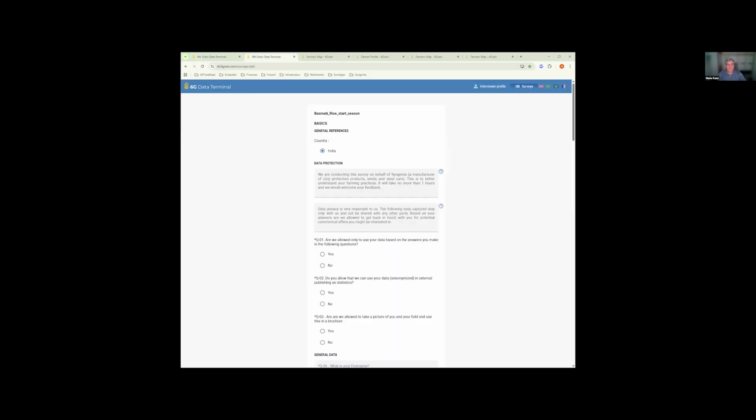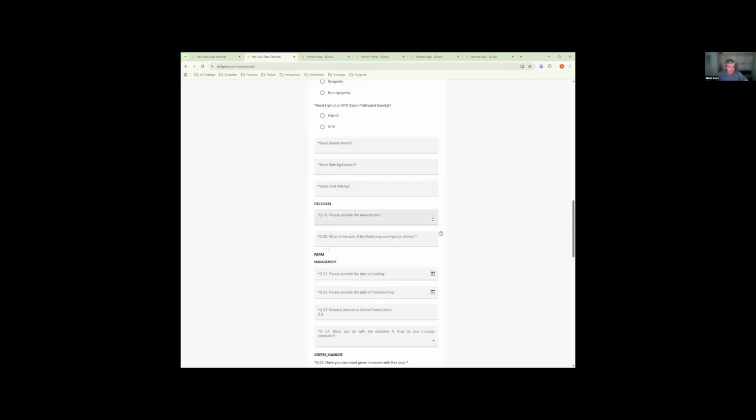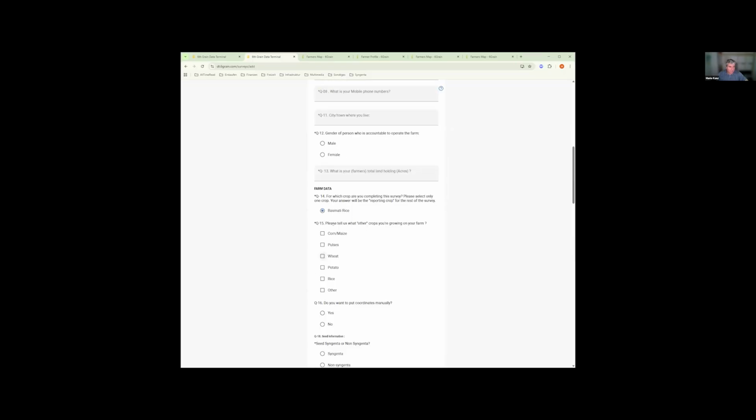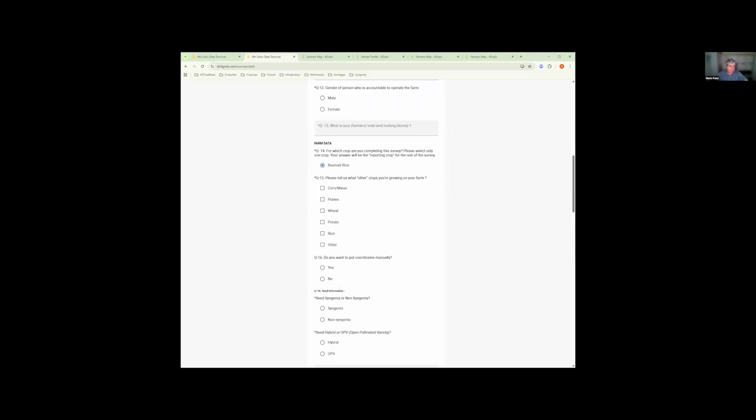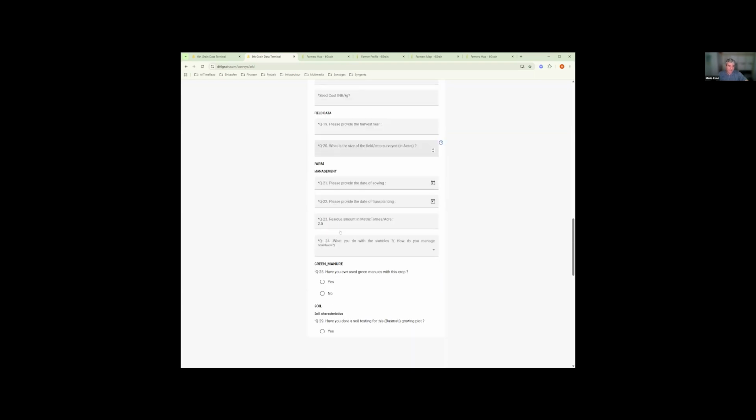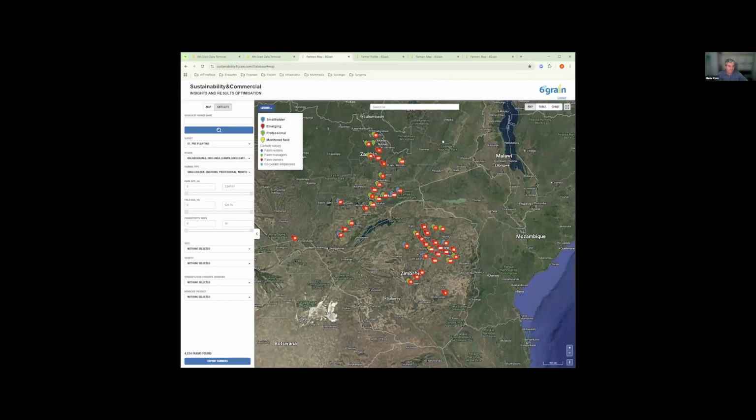The way it looks on the web front end is the same as on the mobile phone. You see radio buttons here, drop downs, checkboxes. We have the ability to capture GPS locations. There is the ability to have if this then that. So if you ask for yield, we can put in some logical thresholds, saying it should be between, say, 2 tons a hectare and 10 tons a hectare, so that we can avoid typos, which increases the data quality. And all of that is then translated into a near real-time dashboard or